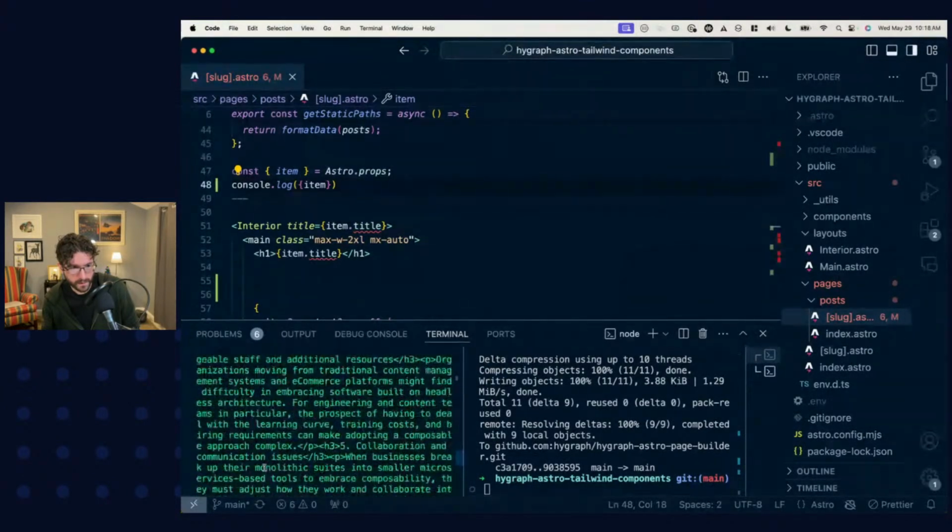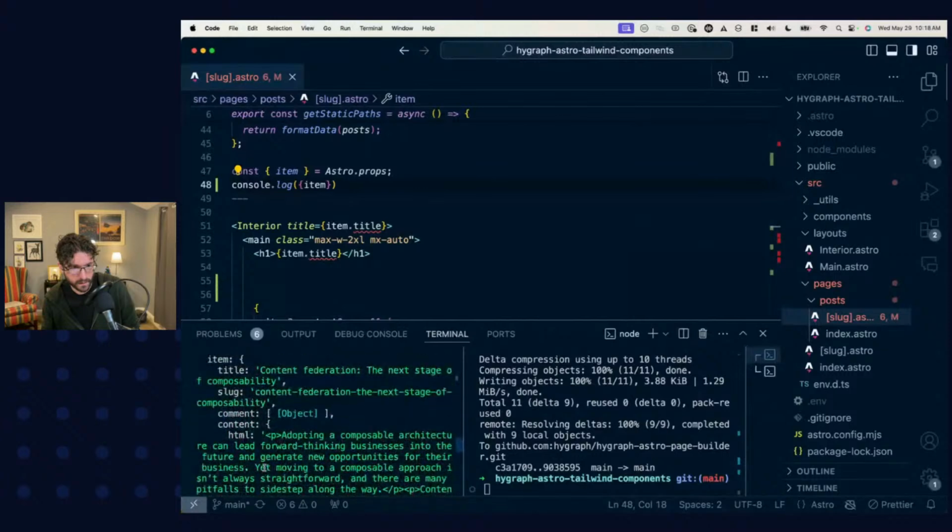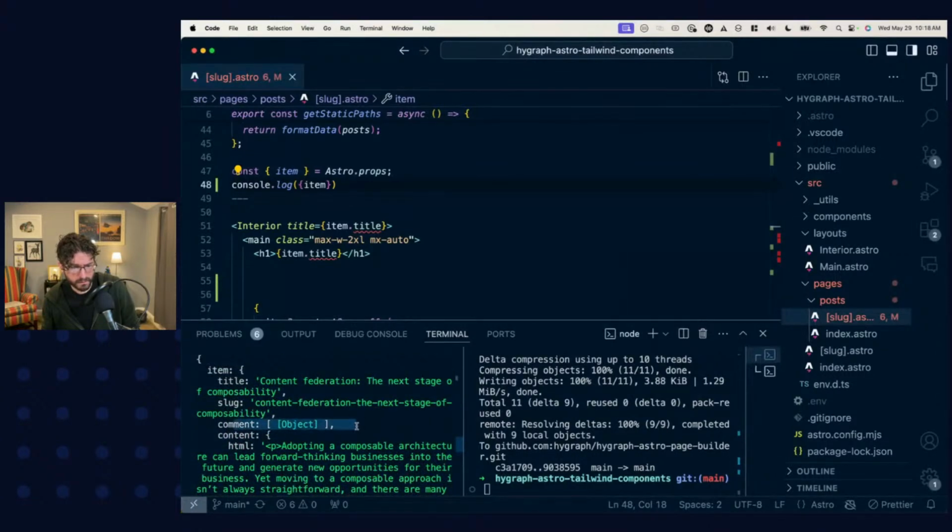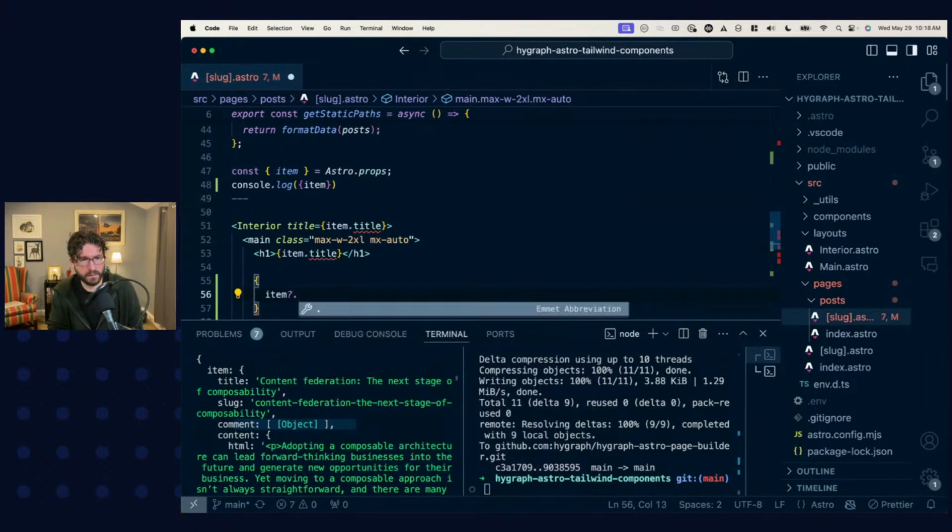All the HTML. Look at all that data. So it exists. I don't know what TypeScript is complaining about. It might be just forgetting, might not know yet that we have it, something like that. So we want to check out item.comment, and if it exists,